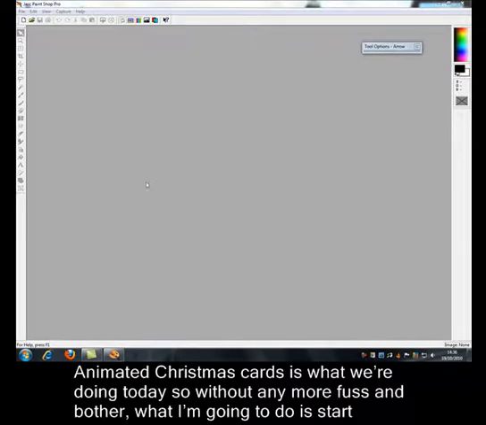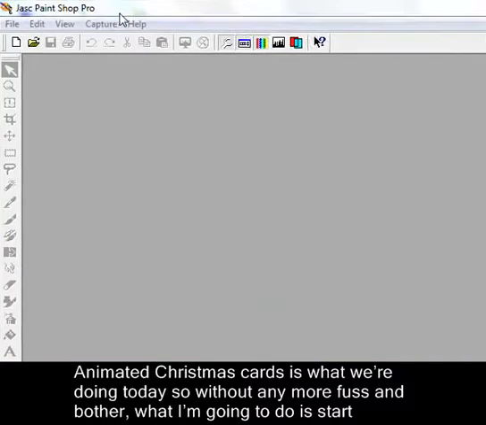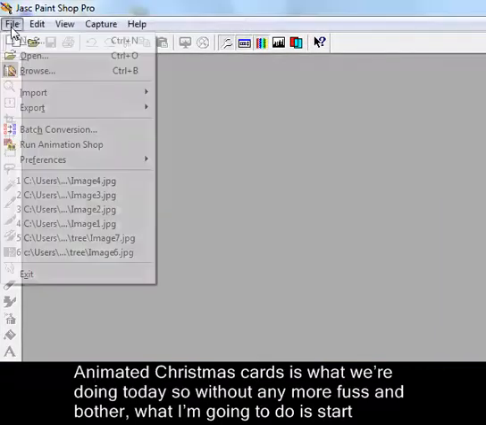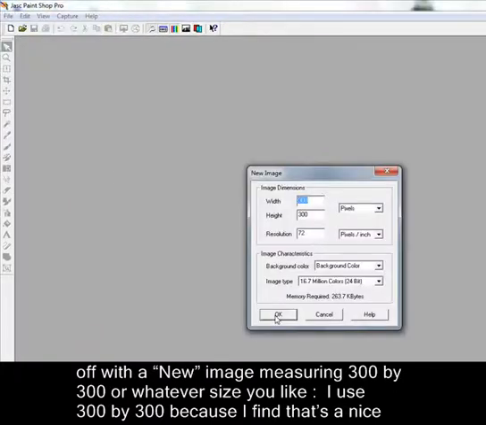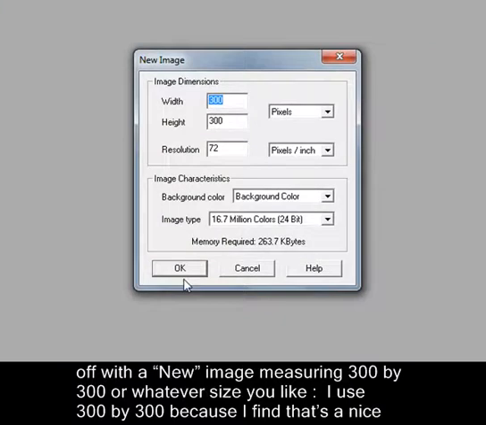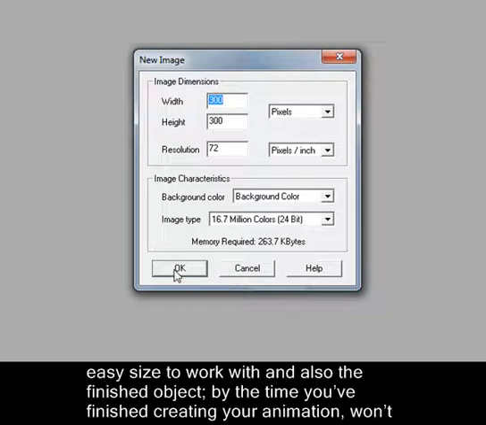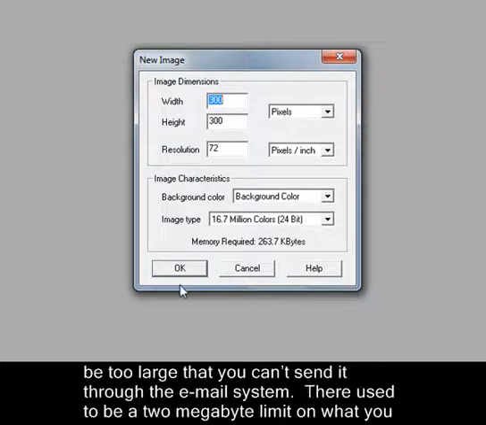Animated Christmas cards is what we're doing today. So without any more fuss and bother, what I'm going to do is start off with a new image measuring 300 by 300 or whatever size you like. I use 300 by 300 because I find that's a nice easy size to work with, and also the finished object by the time you finish creating your animation won't be too large that you can't send it through the email system. Used to be a 2 megabyte limit on what you can send in a single email, so we